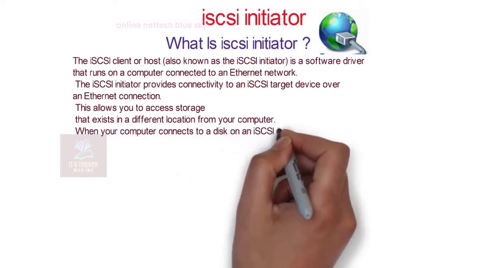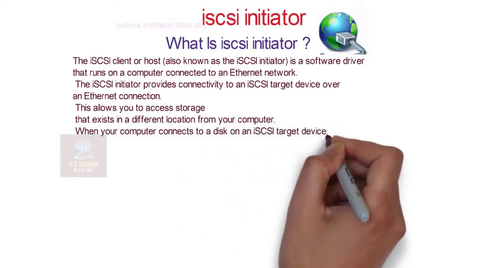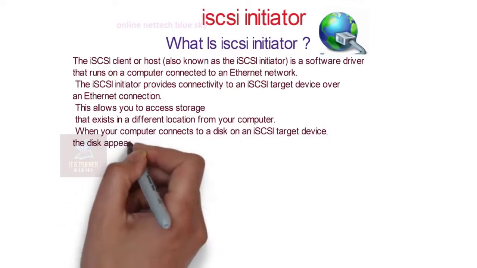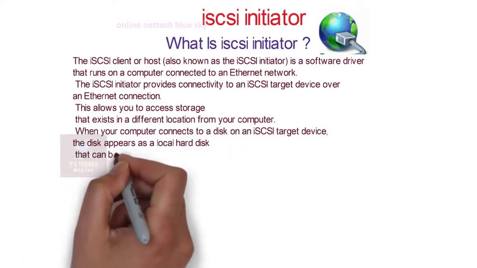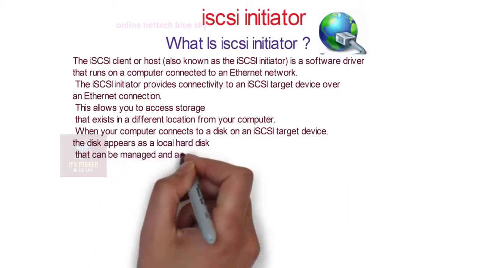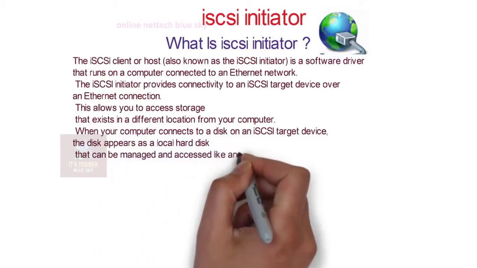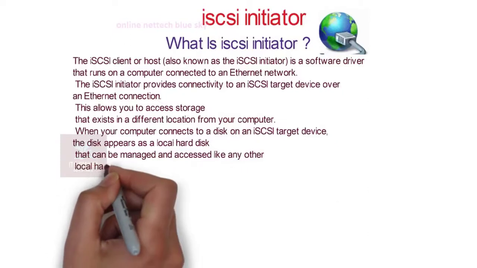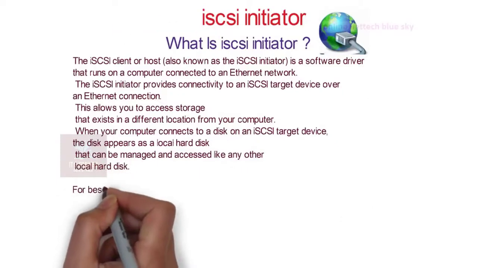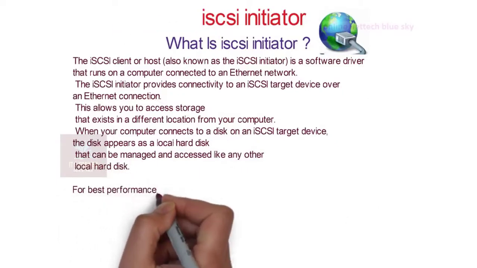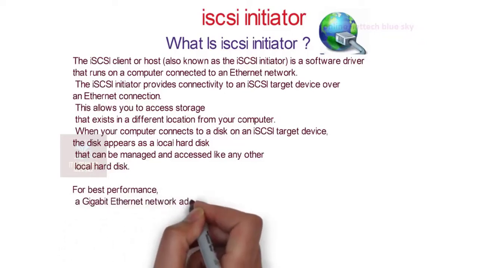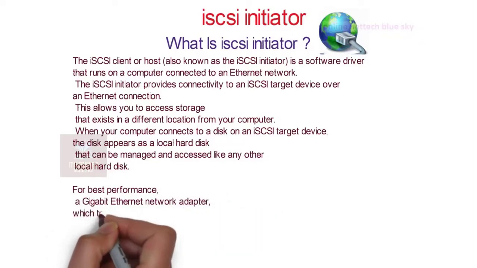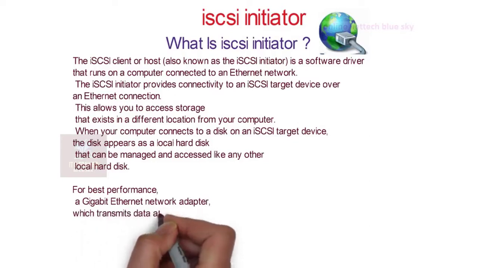You can be anywhere in the world, in any country, using the internet. So through the internet you can access your data, and your computer connects to the iSCSI target. At that time your disk appears, your hard disk appears and shows your data, and you directly take your data from your hard disk, without needing to come physically to your office or your home.